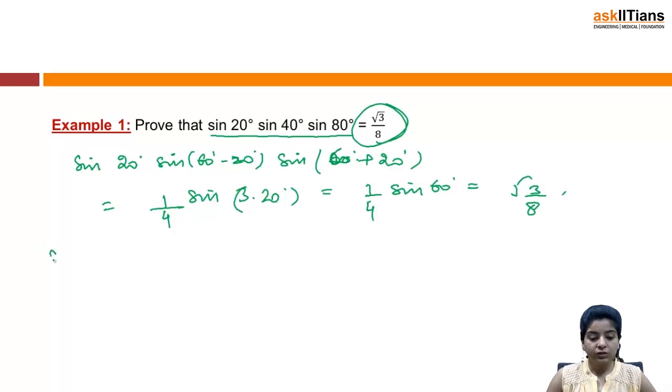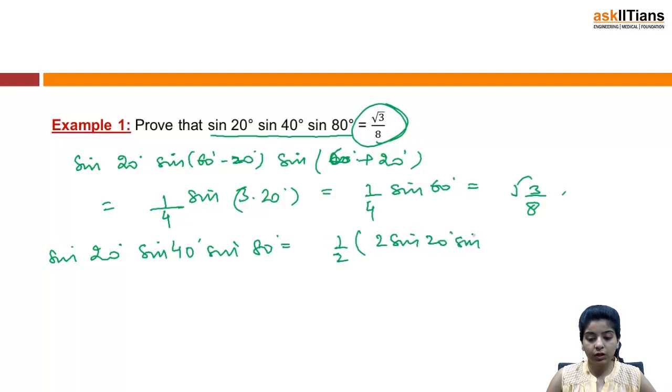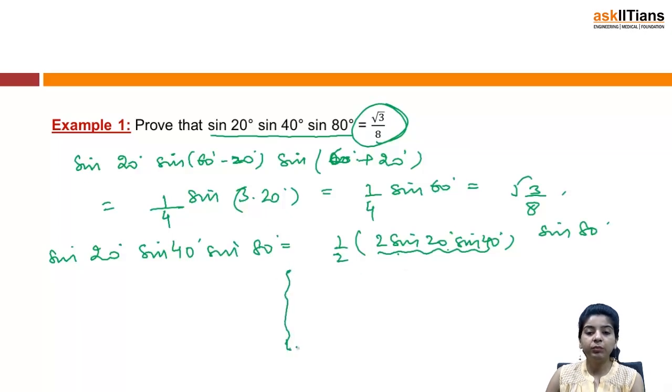Or what you can do is, we have sin 20 sin 40 sin 80, right? So I can take 1 by 2 sin 20 sin 40 and keep sin 80 as separate, and then I can apply the formula for this and so on. Now when you apply this formula, you will get a term of the form cos 20 minus cos 60. Then again you can apply the formula for 2 cos a sin b and so on. But it will take at least a minimum of 5 to 6 steps to reach this solution, which we have reached in a single step. If you know these kind of formulae, you can just solve questions within seconds.